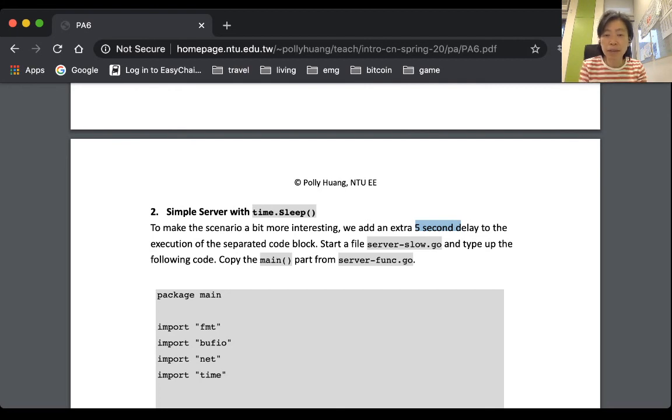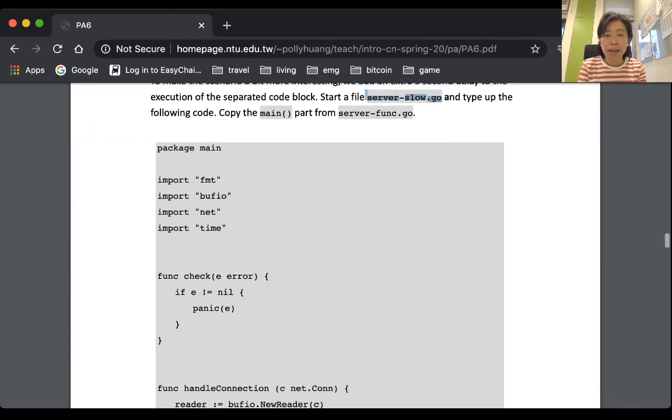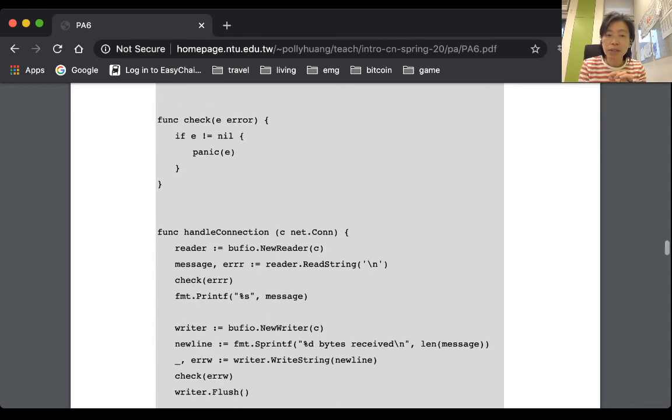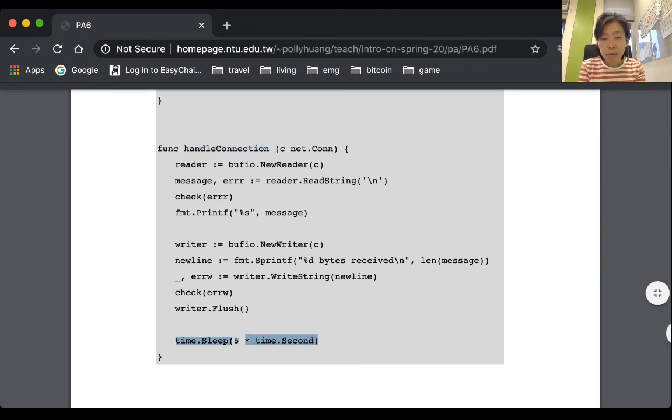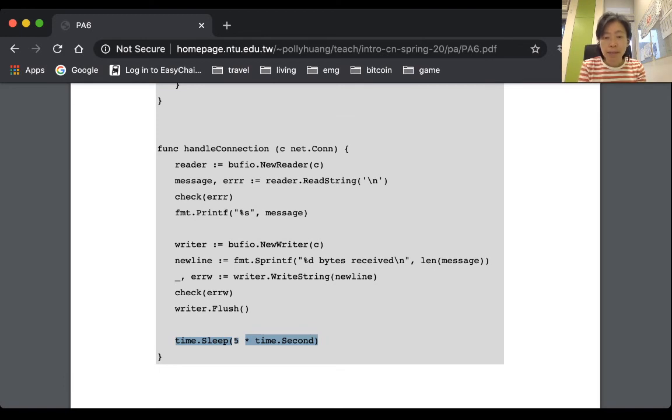Okay, so let's go ahead and start. Server slow.go, a slower version of server fun, so to speak. Now, everything remains the same. The only place that you need to change is inside the handle connection function. And add just this one line here at the end of it. Time.Sleep, parenthesis,